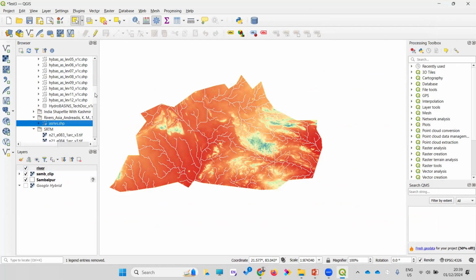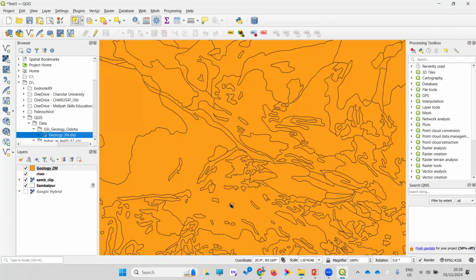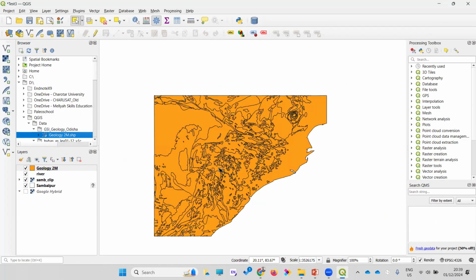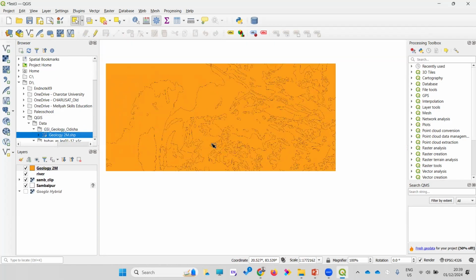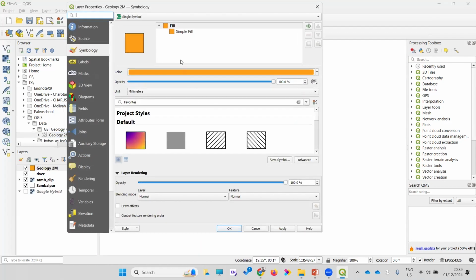But at this moment, we can have the geology also. But I don't think that I will take the geology at this moment because the process is same. If you open the geological map, it will come here. So we downloaded geology, same, drag and drop here. I'll just show you downloading the geology here. So this is the geology of entire Orissa. I need to clip it, and then I need to go for the symbology, and I need to give the simple